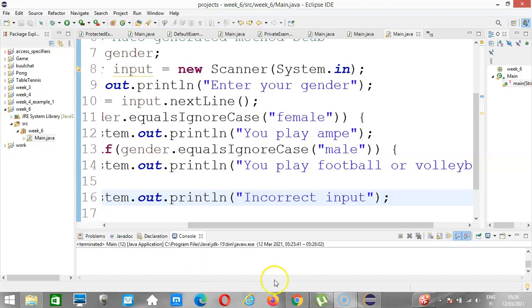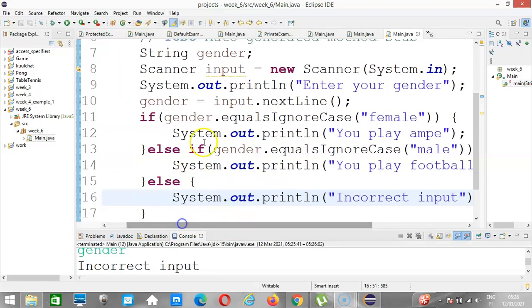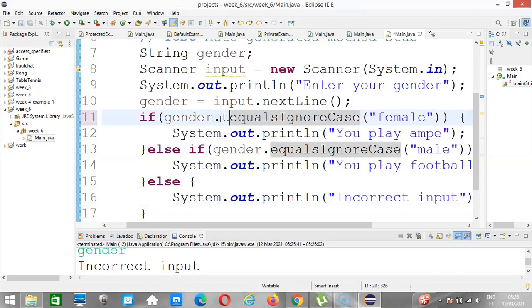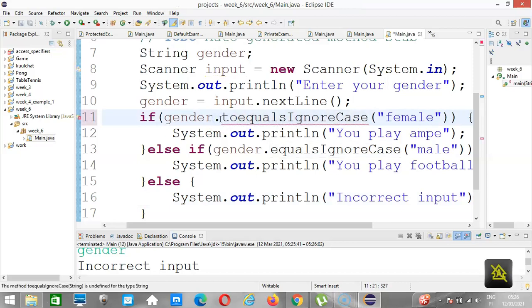Okay, so that's it. Now if you decide to convert the string to one case so that you compare the same thing, then you can use that as well. So here I can say gender dot toUpperCase dot